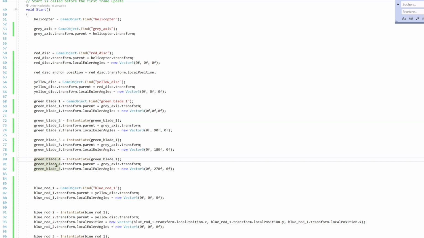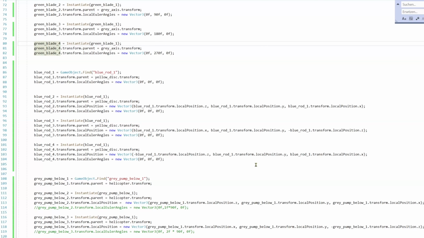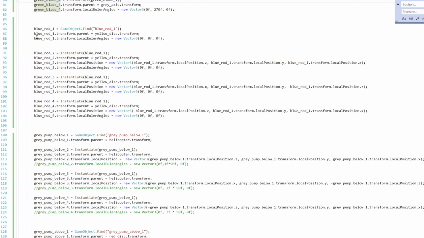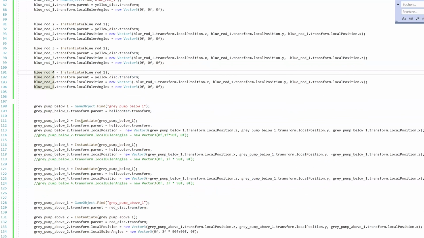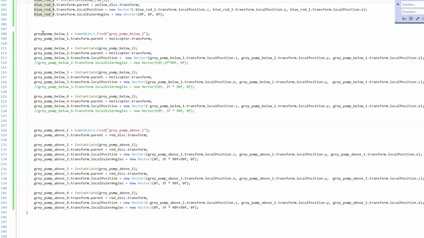During this procedure, I define the parents of the game objects, but here I have to look especially at the order in which I give the parents, and I define the other objects.